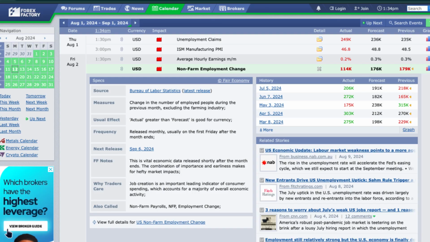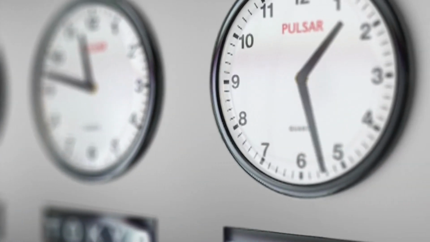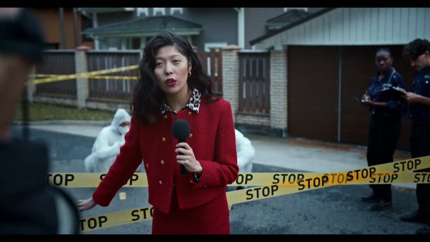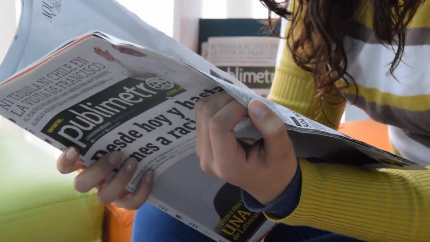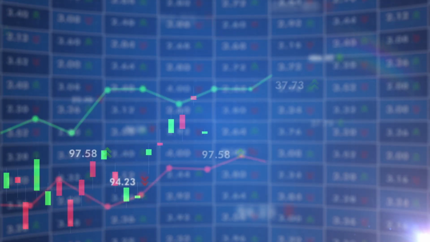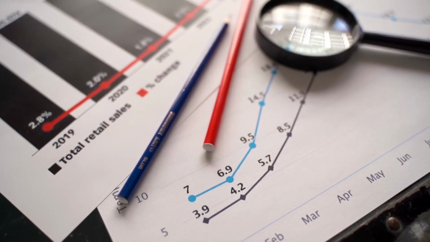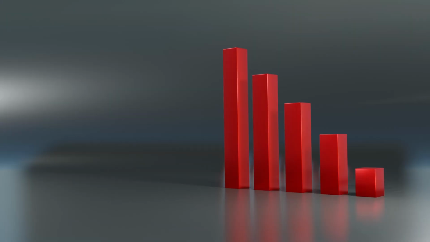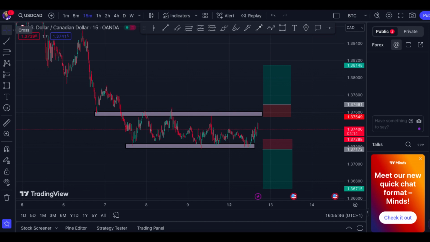Alright, now for the exciting part, how to trade the NFP. There are a few strategies you can use, but I'll cover the basics to get you started. One simple approach is the breakout strategy. In the hours leading up to the NFP release, you'll often see the market consolidating. Traders are waiting for the big news. When the report is released, you can expect a sharp move in one direction. If the data is better than expected, the US dollar usually strengthens, and if it's worse, the dollar weakens. You can place pending orders above and below the consolidation range to catch the breakout, no matter which direction it